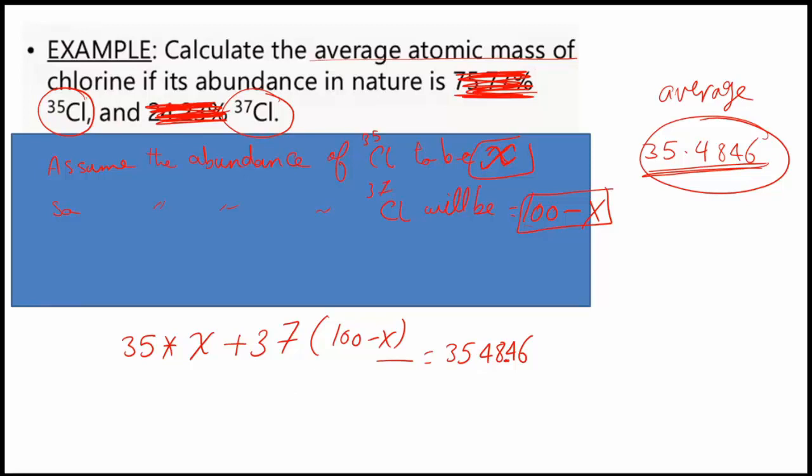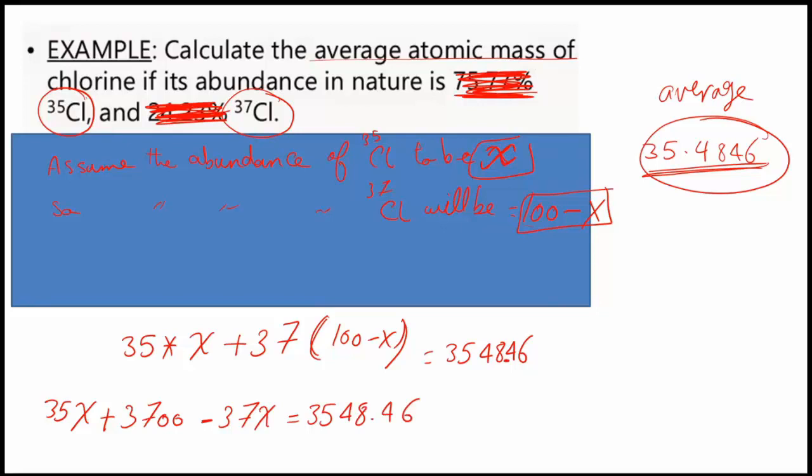It will be 3,548.46. How to solve this equation? It becomes 35x plus 3700 minus 37x equals 3548.46. So negative 35 minus 37, it's negative 2 times x equals